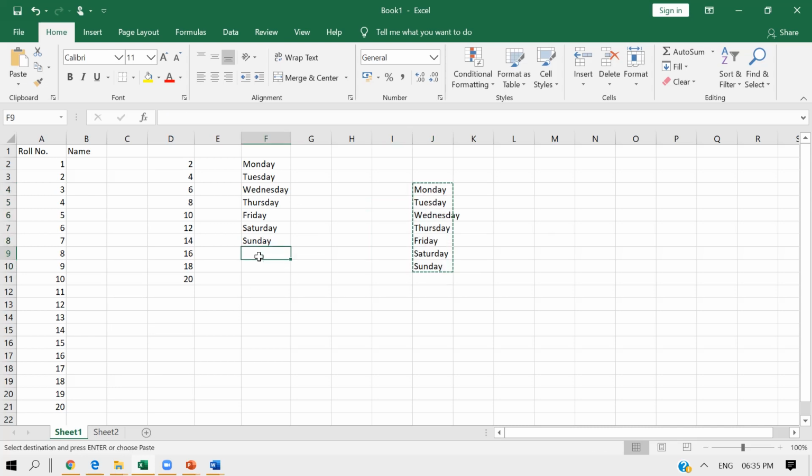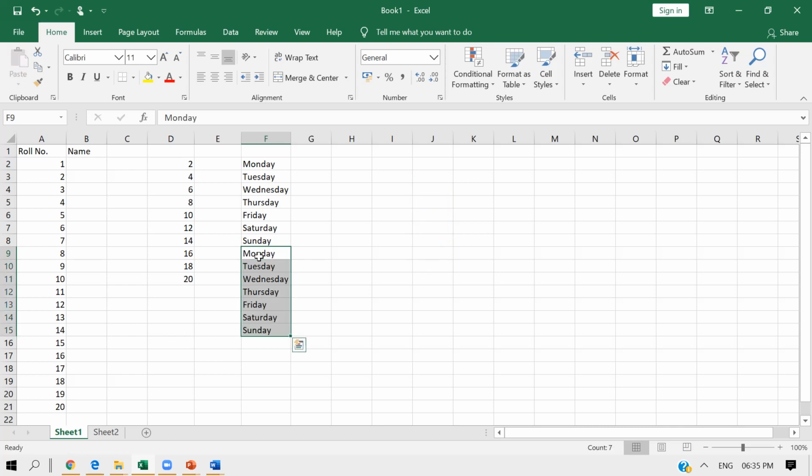Wherever I want to paste it, I will just go there and press Control plus V. Clear? So far so good. This is activity number 5 of your book, page number 42, and also activity number 6 of your book.